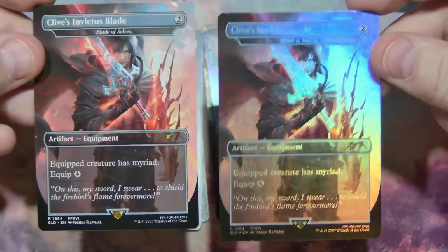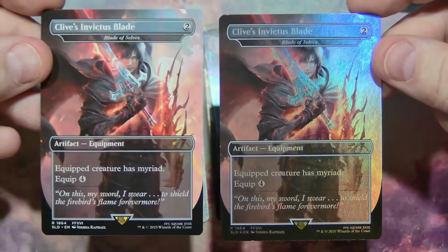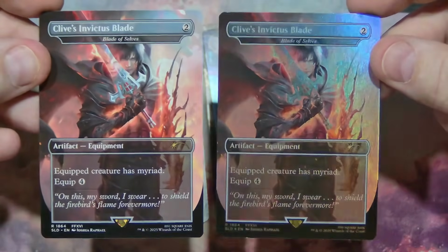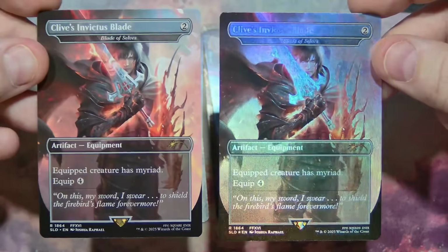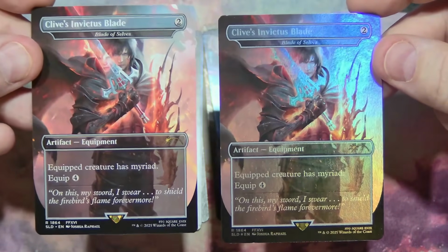I don't know how I feel about this being Blade of Selves, though, because Equipped Creature has myriad, so you're going to be making a bunch of different Clives, but he doesn't really do the Omni Slash, make a bunch of different selves thing. He can teleport kind of at a base with the Phoenix power, but on this,